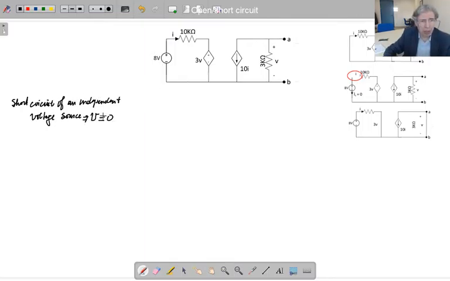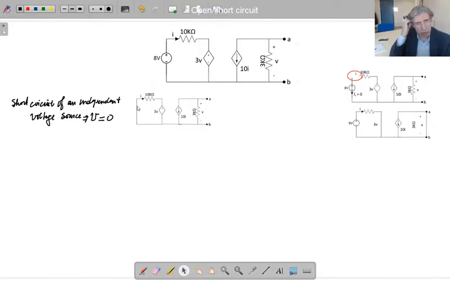How are you going to make it zero in practice? I'll show the difference that you're going to do. You're going to put a wire between the terminals of this element, removing this element. Take this off and put a wire there. So that means you made it a short circuit.